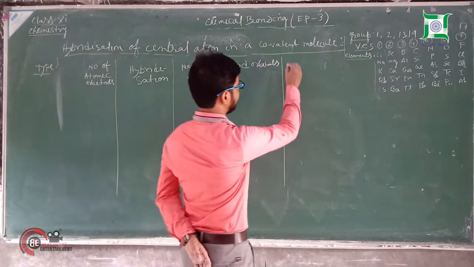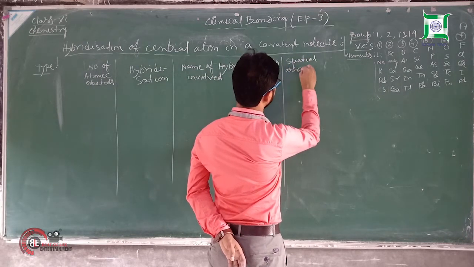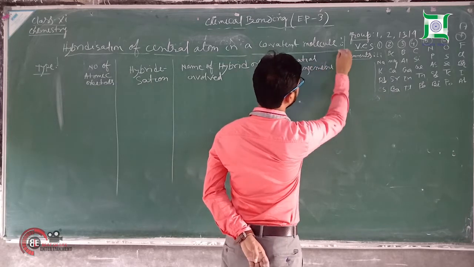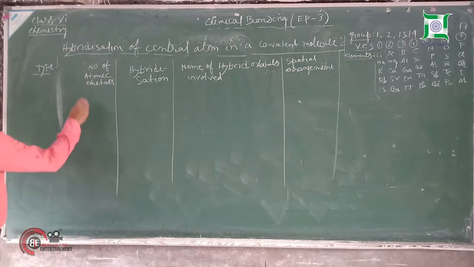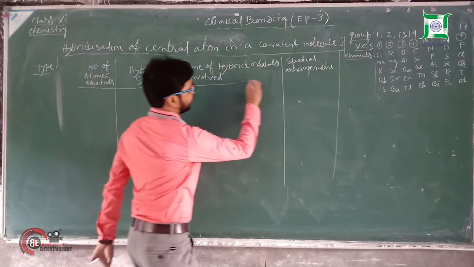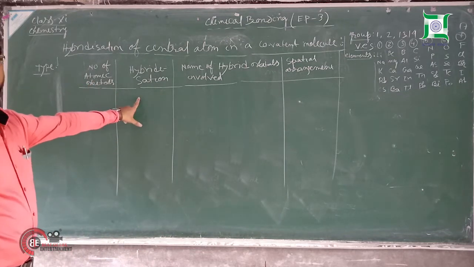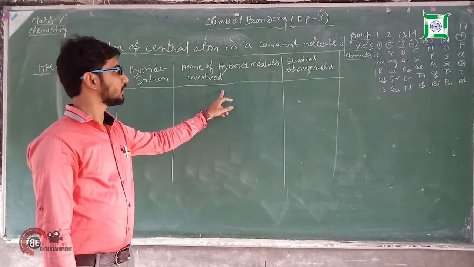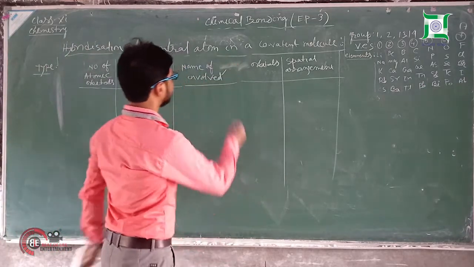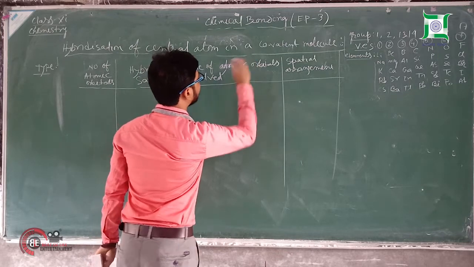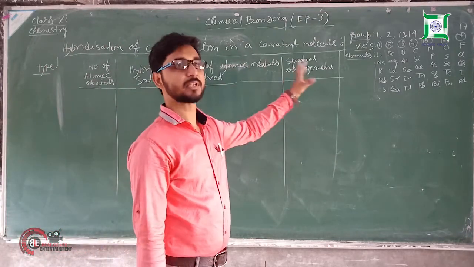Next, spatial arrangement, that means they are bonding in क्या होगा. ये सारे हम लोग एक टेबल के माध्यम से देखेंगे कि नंबर ऑफ एटॉमिक ऑर्बिटल्स के हिसाब से हाइब्रिडाइजेशन क्या होती है, उसमें कौन कौन से एटॉमिक ऑर्बिटल्स. Name of atomic orbitals, not hybrid, sorry, this is not hybrid orbital, this is atomic. कौन कौन सी एटॉमिक ऑर्बिटल उस पर्टिकुलर हाइब्रिडाइजेशन के लिए इन्वॉल्व है, and for this hybridization spatial